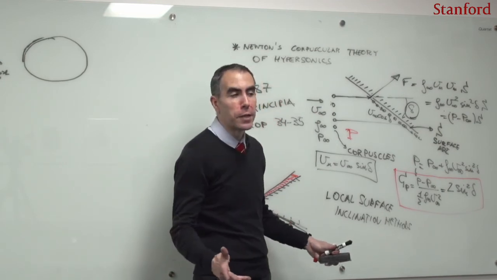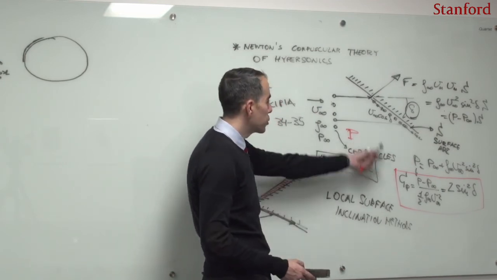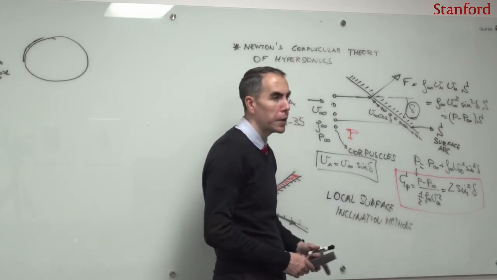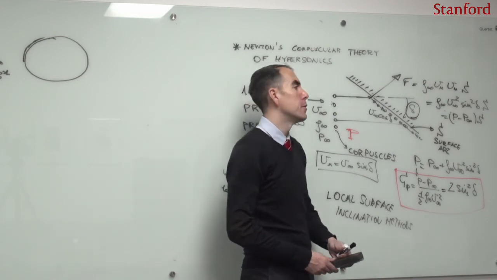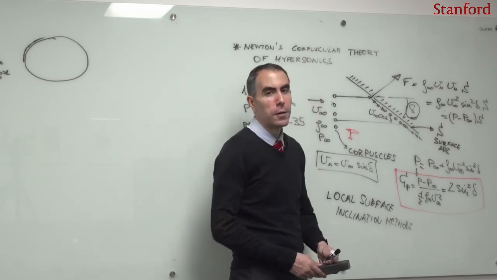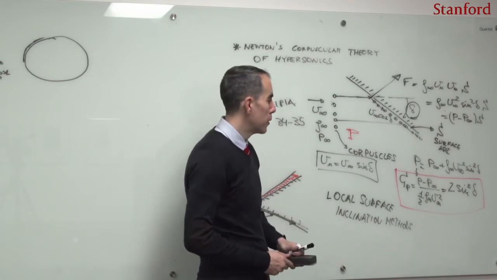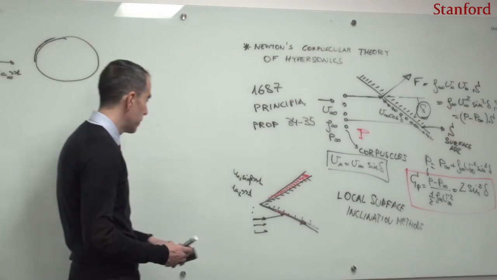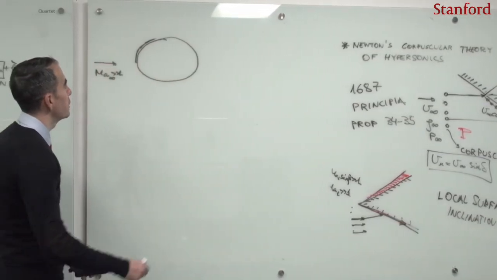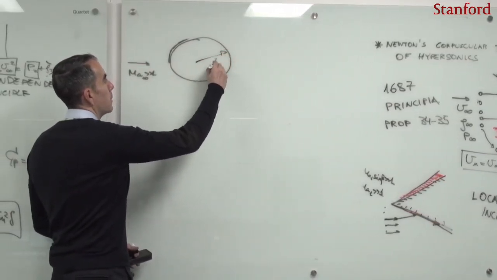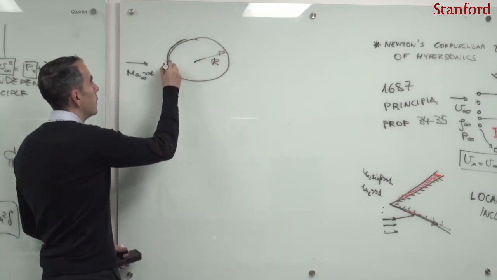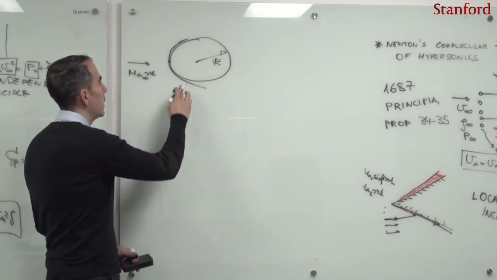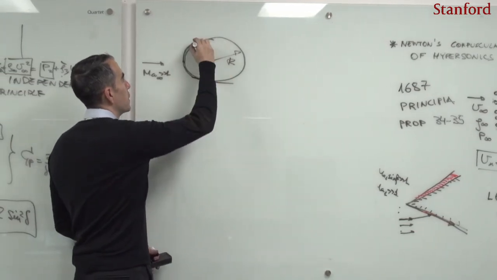So what is the shock wave? One may wonder, what is the shock wave in Newton's theory? Well, I will anticipate here that the shock wave in the Newtonian theory is actually the surface. So the surface and the shock become one in the Newtonian theory. And as a result, only the surface inclination angle is important. So if I look back here at the problem of a sphere, let's assume that this sphere has a radius r. And I'm interested, for instance, in calculating the drag coefficient. This would be the shock.